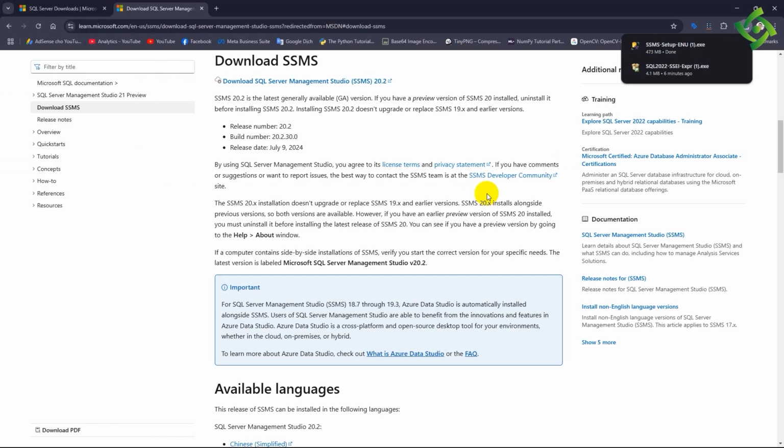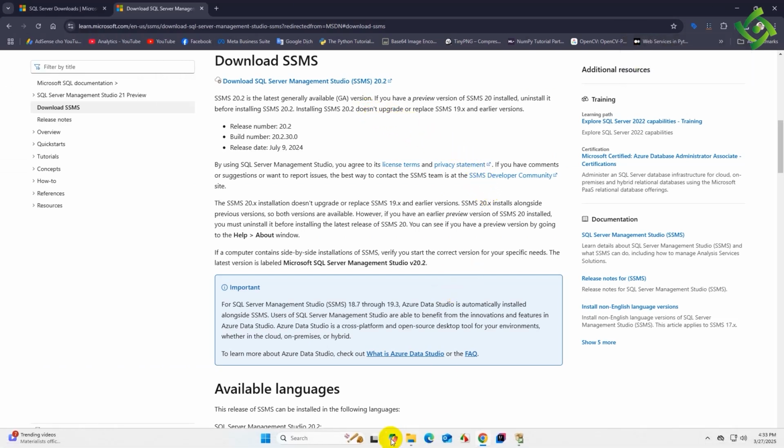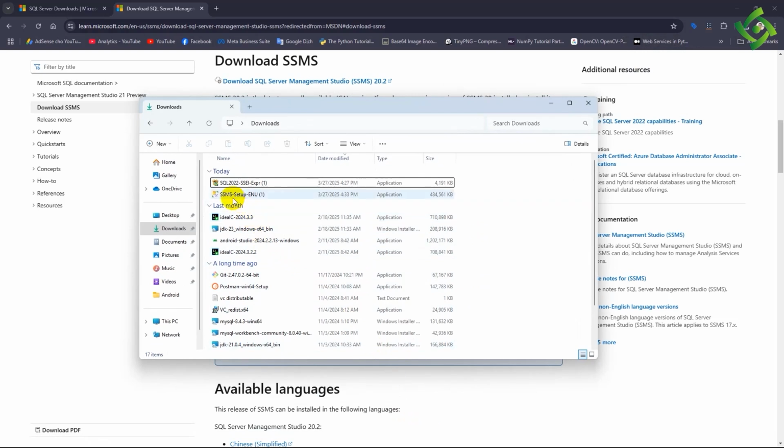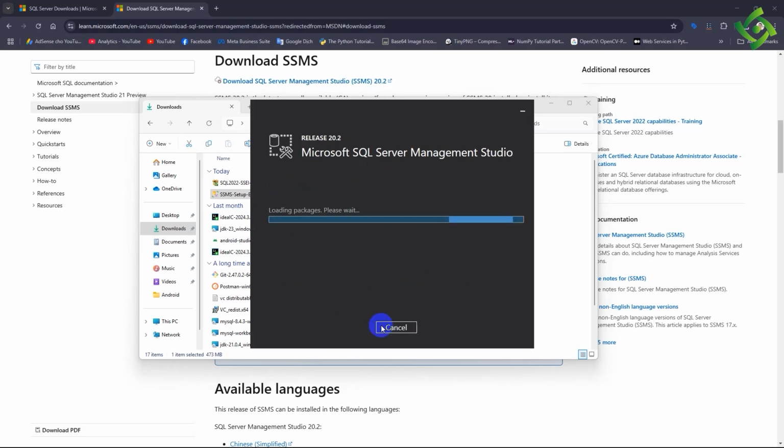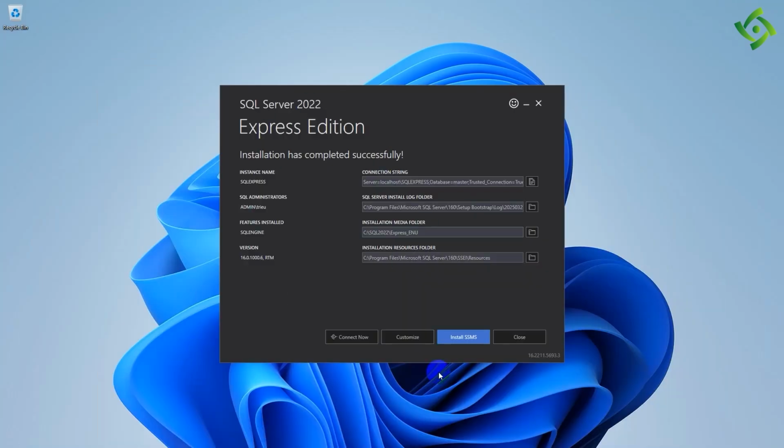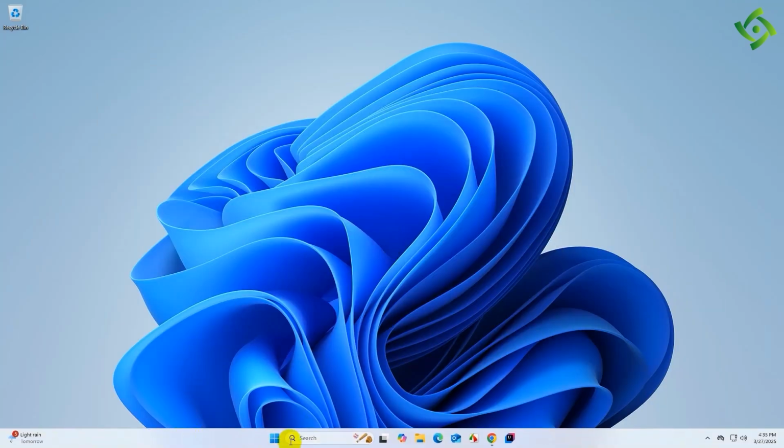After downloading SSMS, we proceed to install it. You open the location where the SSMS download file is located and double-click to install. Then a window will appear. You just need to click Install and wait for it to finish installing. So we have successfully installed SSMS. Now I will close the windows that are showing on the screen and proceed to test whether the installation was